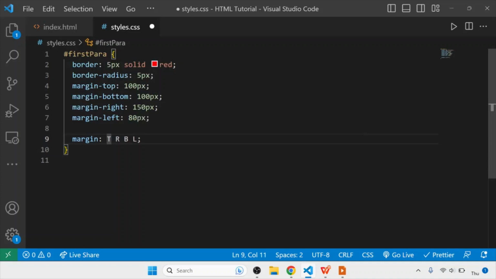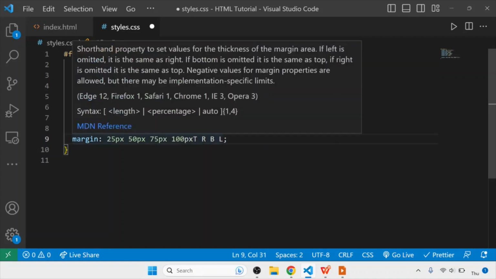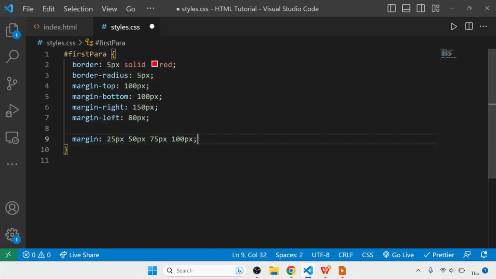Let's give the values now. Suppose I want the top value to be 25 pixels, then right should be 50 pixels, next the bottom value should be 75 pixels, and the last one, which is the L value, should be 100 pixels. So we have given all the 4 values. Let me put this code at the side and comment this out.